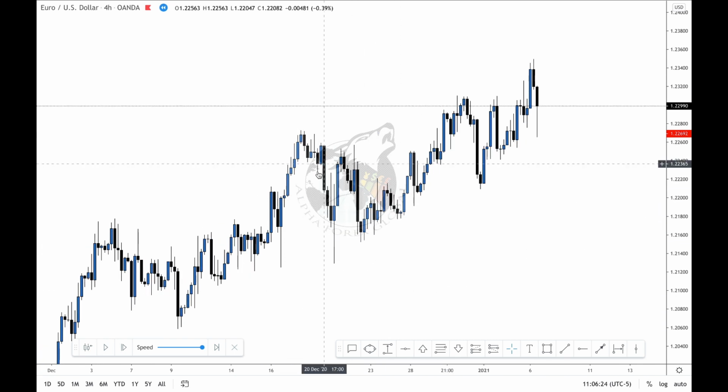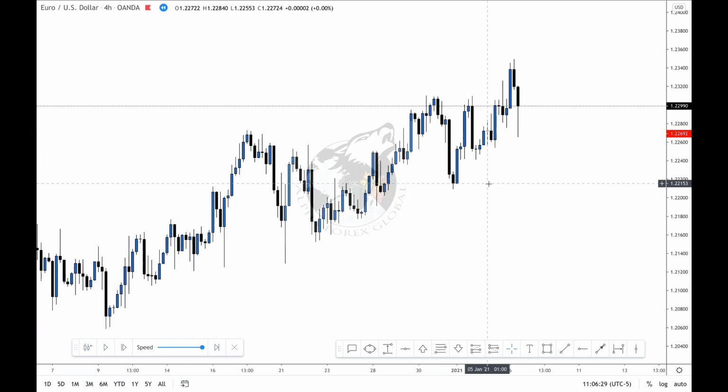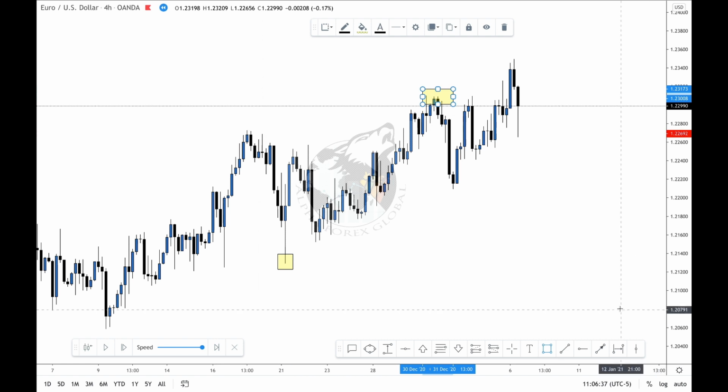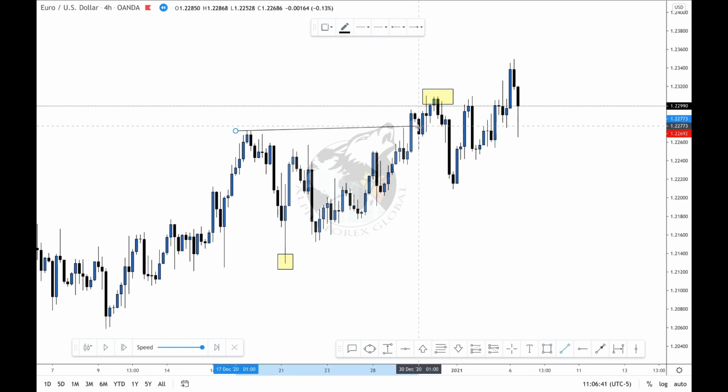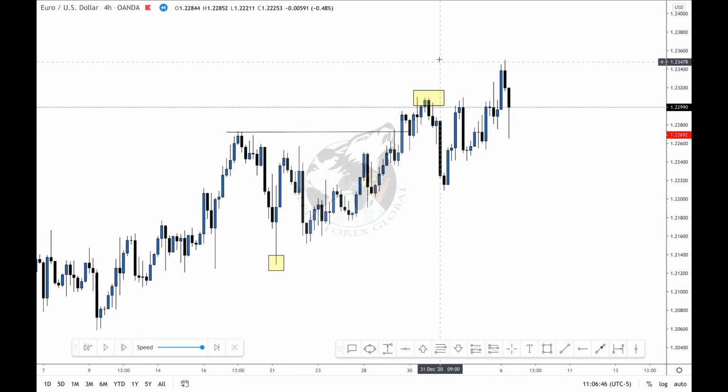The market is creating higher lows and higher highs. From this point here, the market created this new high because we broke above this area, right? Then the market pushed down and created a higher low,